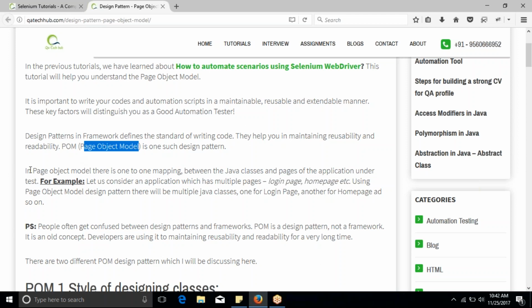so what we do in this is, in page object model there is a one-to-one mapping between the Java classes and the pages of the application under test. Whatever application you are testing and your Java code, there will be a one-to-one mapping. Let's say the application which you are testing has 4 or 5 pages, then there will be one Java class for each page. So there will be a one-to-one mapping. So if I get to know that on my third page or maybe on the login page, something is failing, some data is not popping up properly,